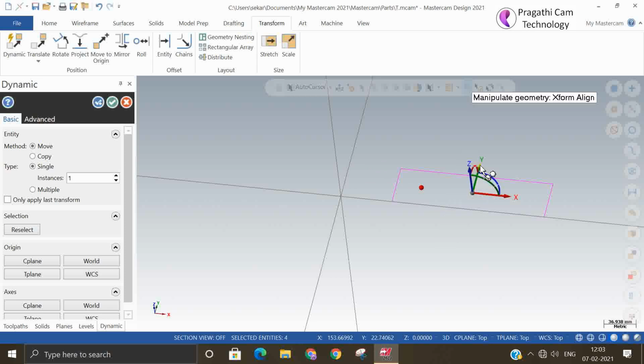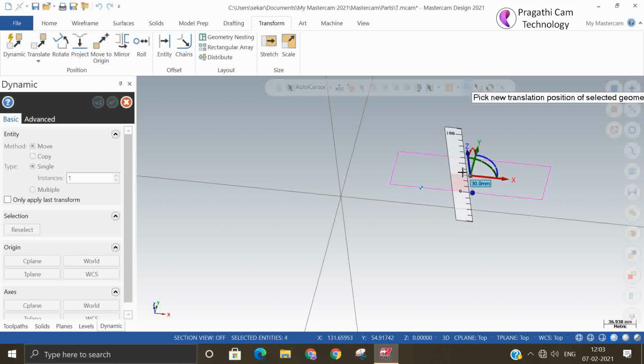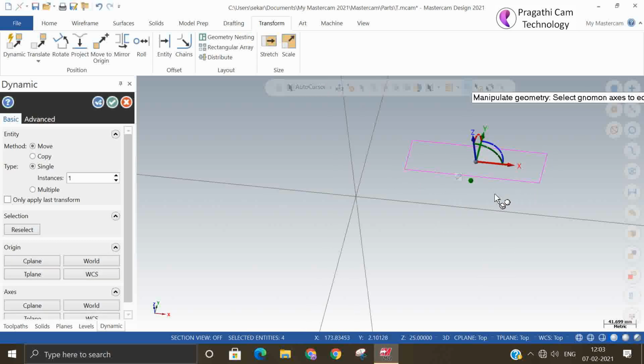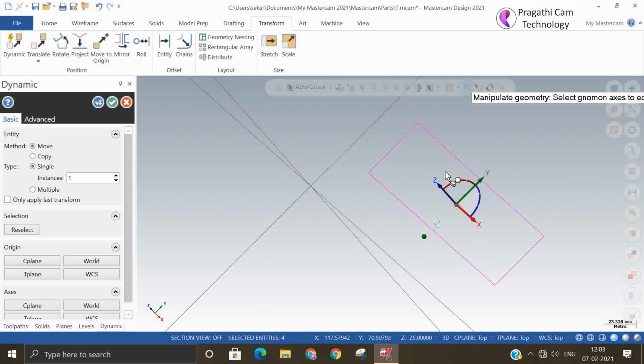So the scale is coming, then in that scale you can hold it and stretch it, and you can give the input value whatever the amount of translation you need. In case if you want to rotate also, you can do it here.